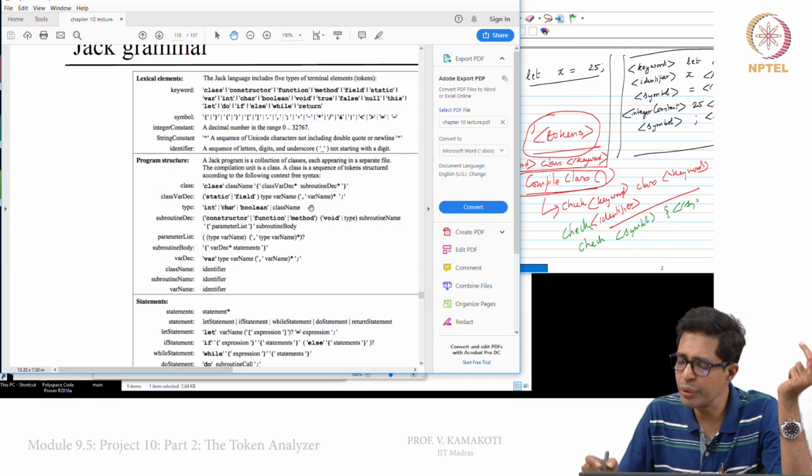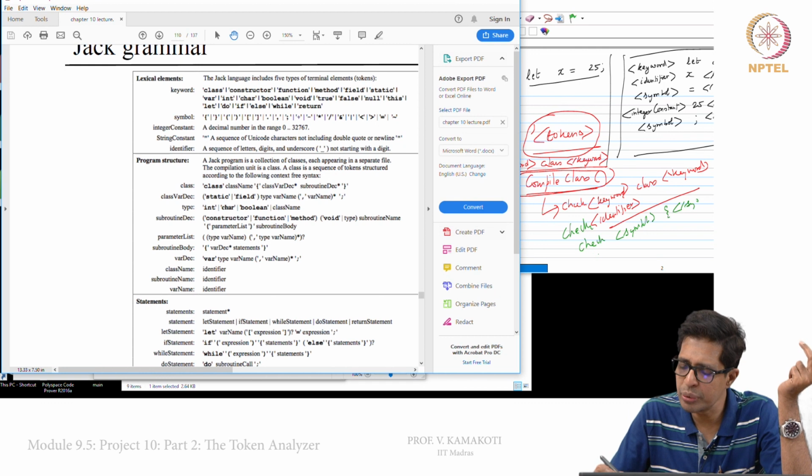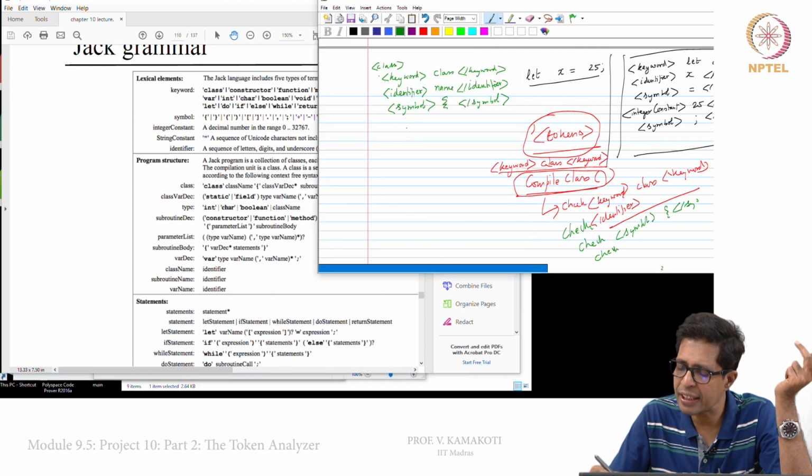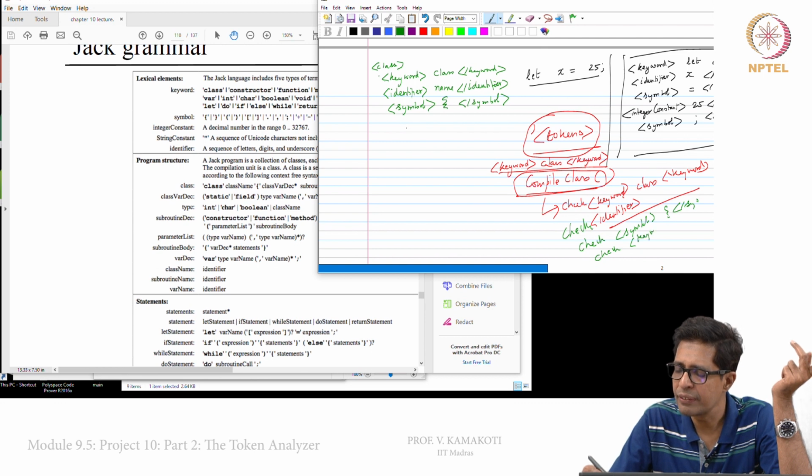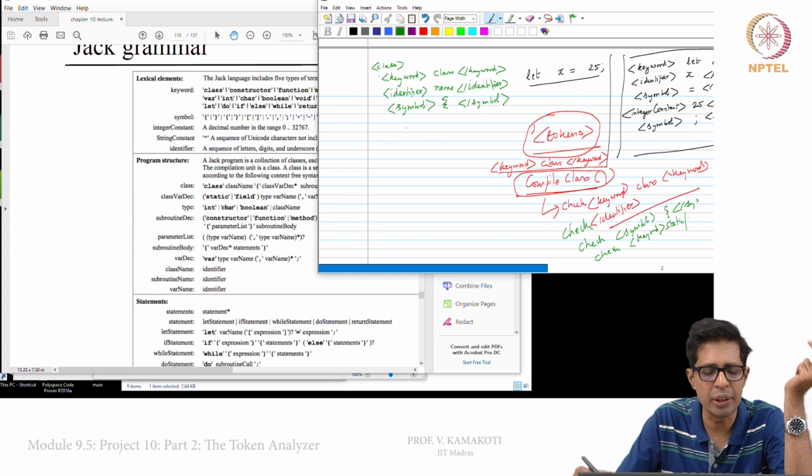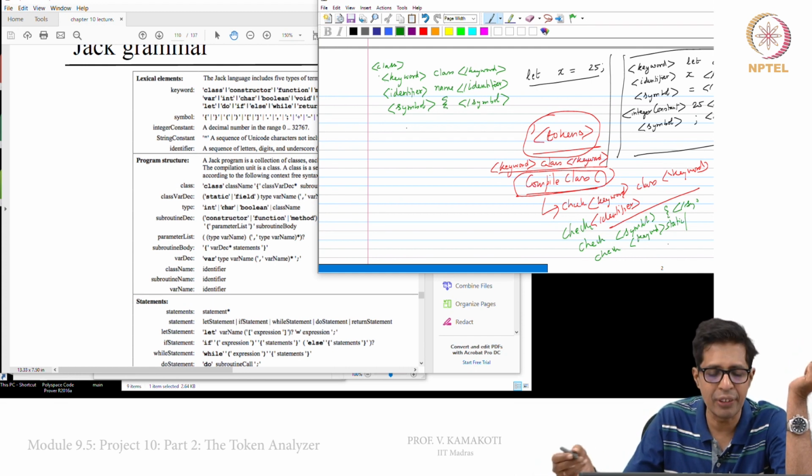What we do now is check whether there is going to be a keyword, either static or field.